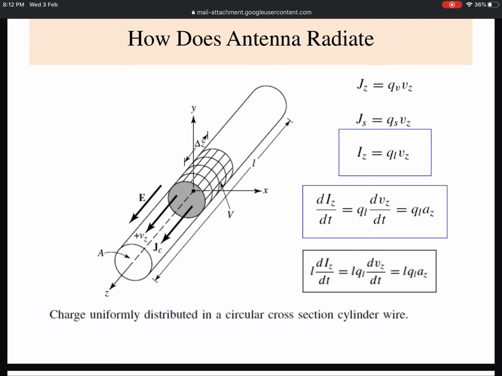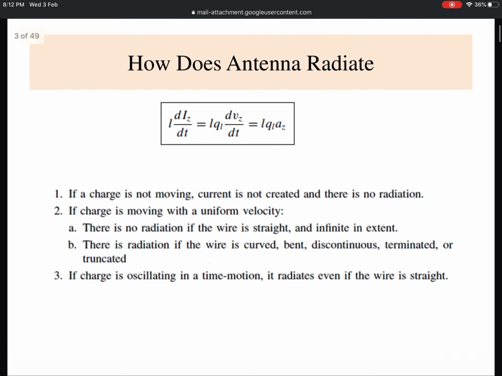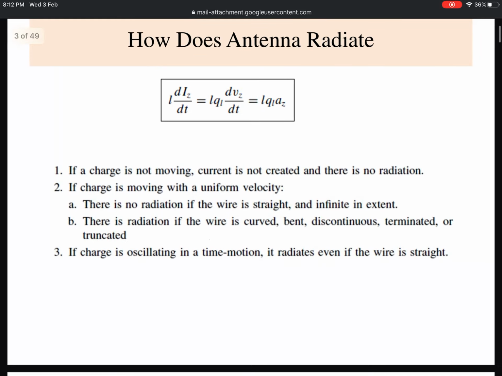Then in which cases, or in which physical geometries, also play an important role for radiation. Now to better illustrate this fact, I have a few pictures with me. Before that, I will just summarize it. If the charge is not moving, there is no question of having current. If there is no current, then there is no radiation, because we have just seen the equation, there is a term diz/dt involved in the radiation, and a time varying current should be present. So if there is no charge, no current, then there is no radiation.